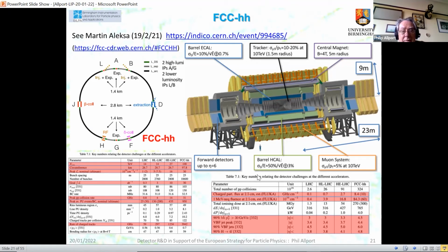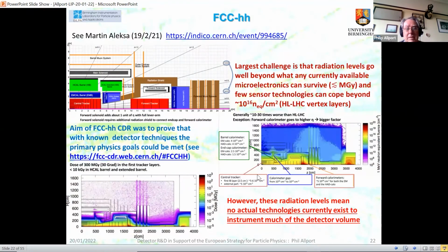HCAL achieving at least the same energy resolution as is currently managed, for example, with the TILE-CAL of Atlas, and muon system again giving precision measurement up to 10 TeV and a very high central magnetic field and a very large magnetic volume. So this shows some of the layout concepts for this detector, the complex magnetic field and the extreme radiation field that